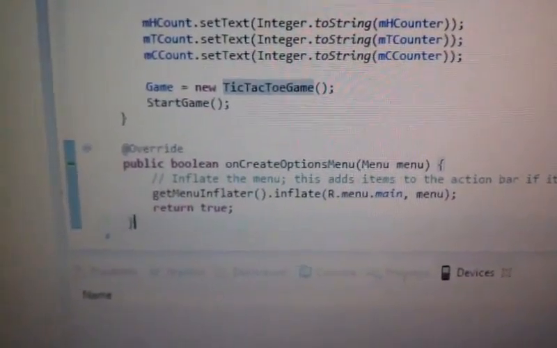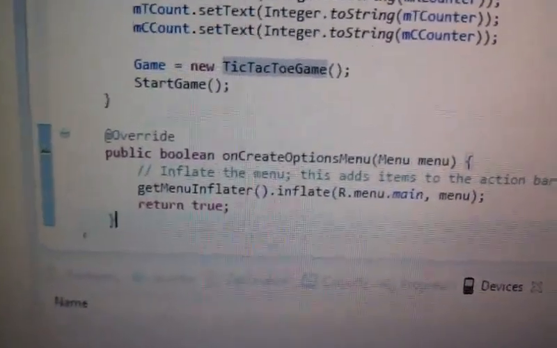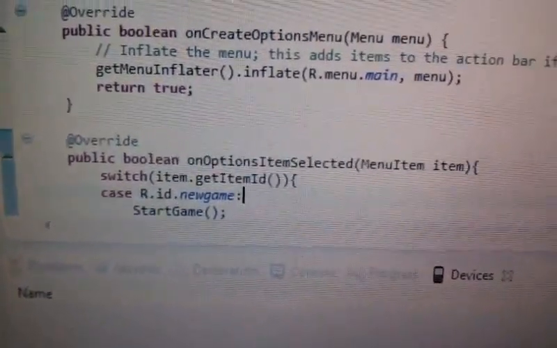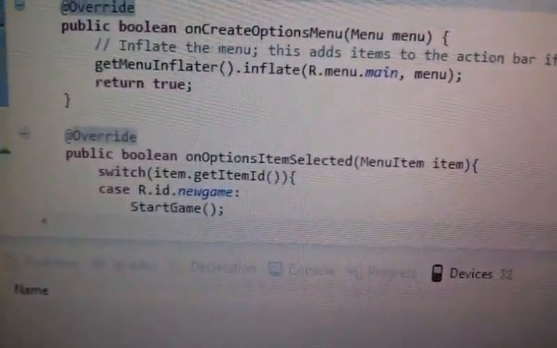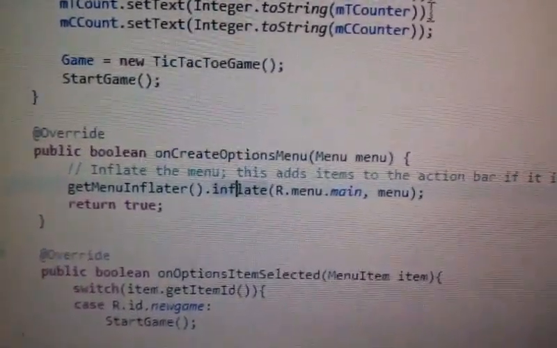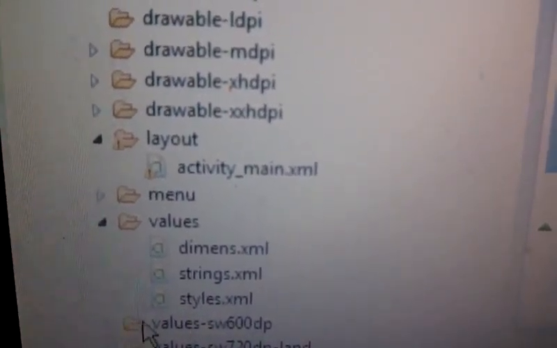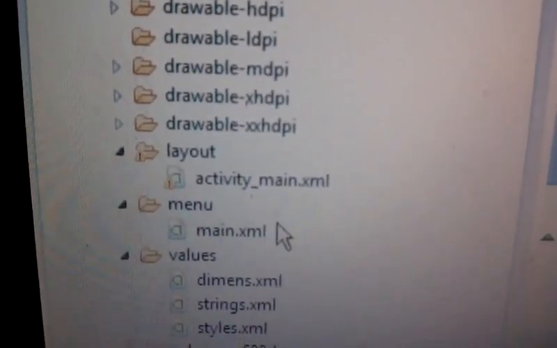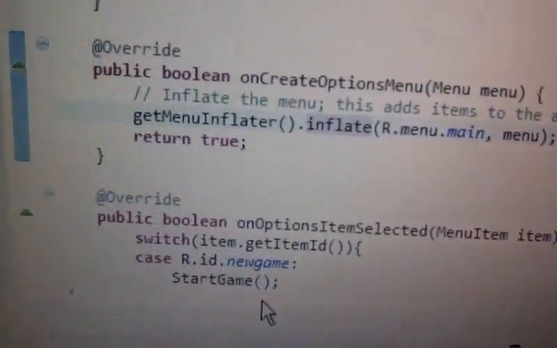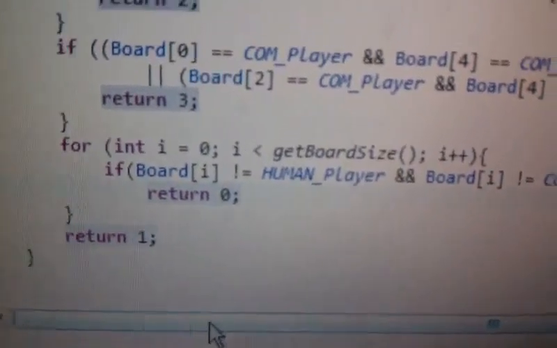So then we come down here, and this is the options menu. You've got to get the overrides added first. These right here are basically, when you push the menu button on your phone, this comes up and inflates this. If we go to this menu file, it will inflate this. It will bring this up,